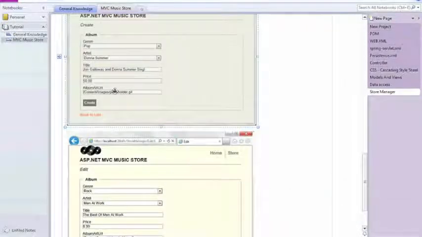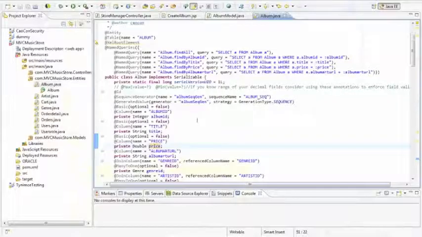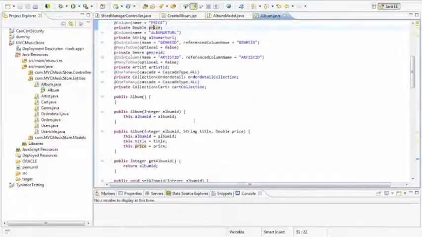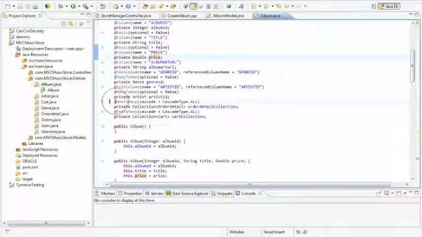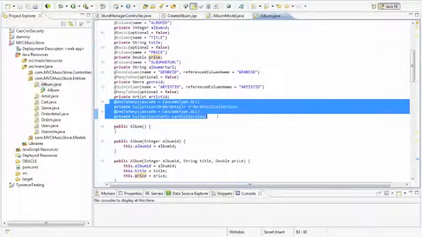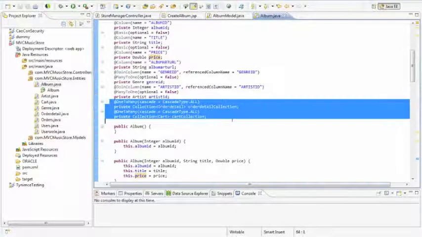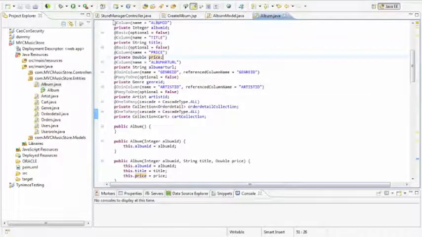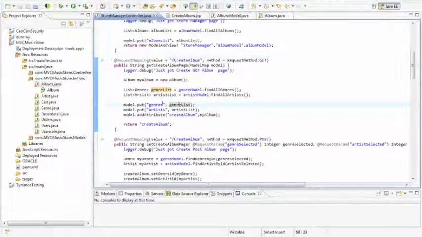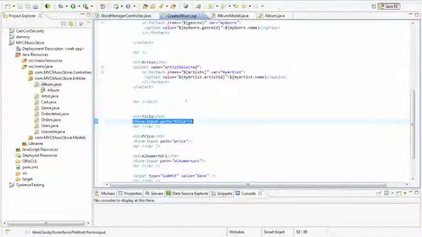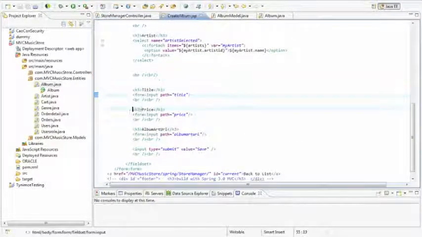Okay. By the way, if you don't mind, I think last time I commented this one out. Please put it back, as I remember. Okay. Where's my JSP file? I do the same. The input